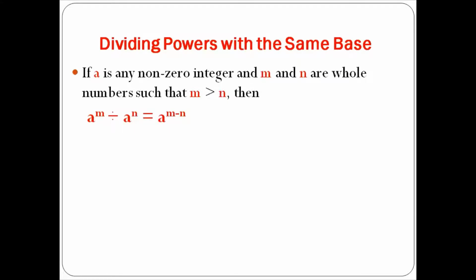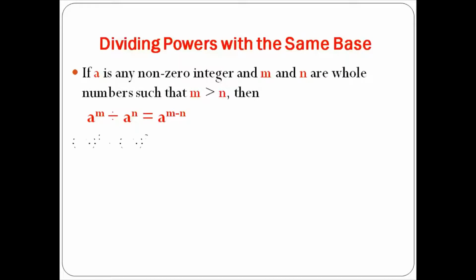So when the base is same while powers are different, then how to divide them? So we'll write the base as it is and we'll subtract the powers. Here a raised to power of m divided by a raised to power of n is given. So we will write the base as it is, that is a, and we will subtract the exponents, that is m minus n. Here m is greater than n. It means that the value of m is bigger than the value of n.